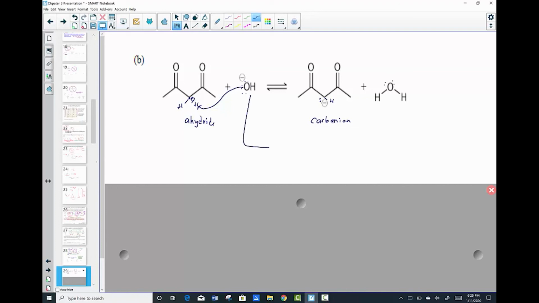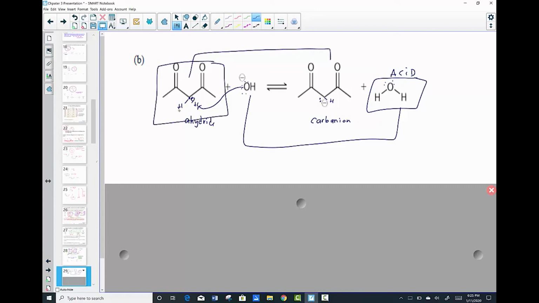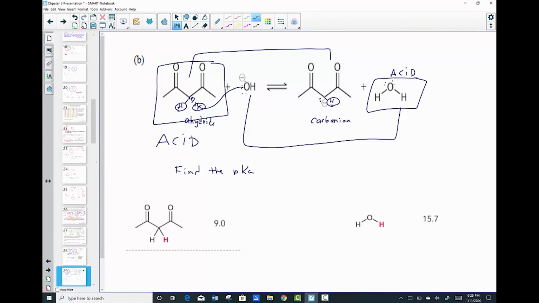So here, these 2 are conjugate pairs. This is the more protonated. It has more hydrogen on it compared to hydroxide, so it's acting as the acid. Here are 2 conjugate pairs. The one with more hydrogens, notice this has 2 hydrogens, whereas this only has the 1. This must be acting as the acid. Find the pKa values for the acids we just highlighted. Going to your chart, we see water has a published pKa of 15.7,